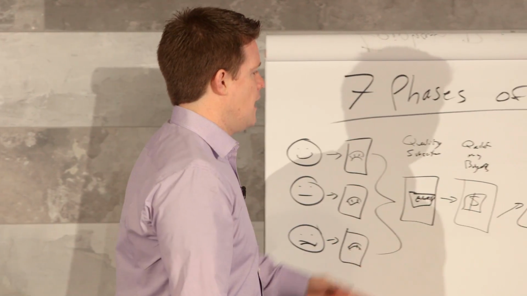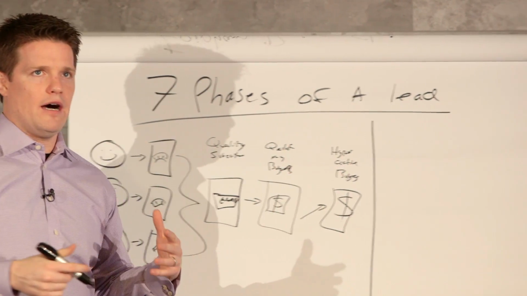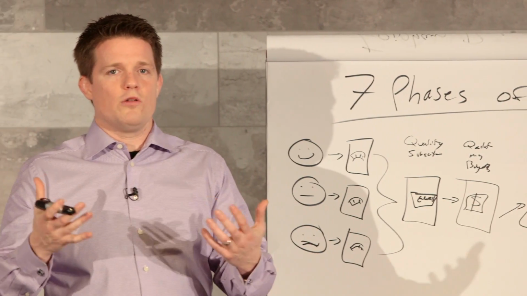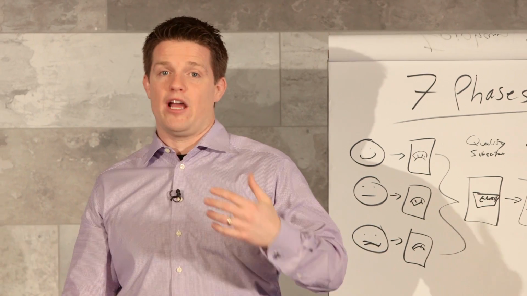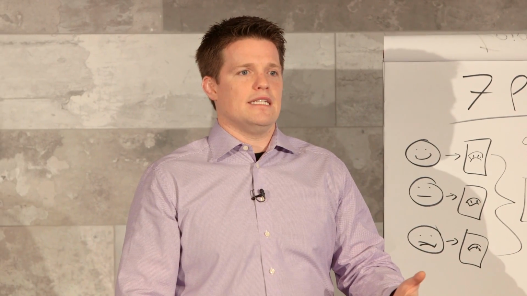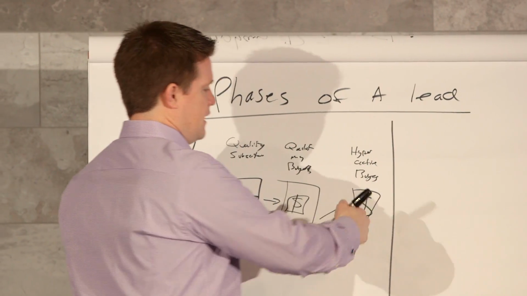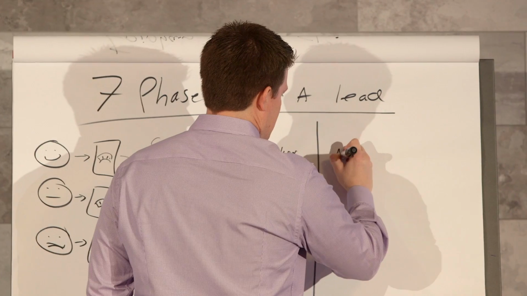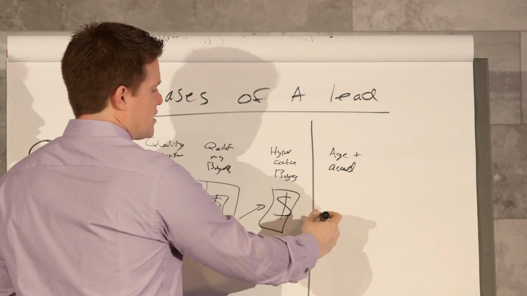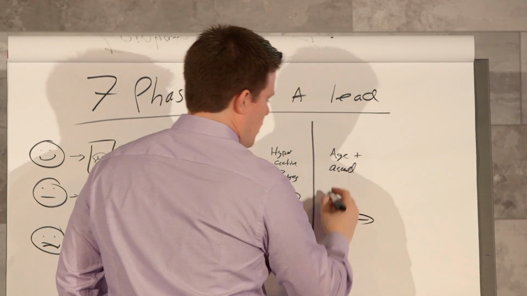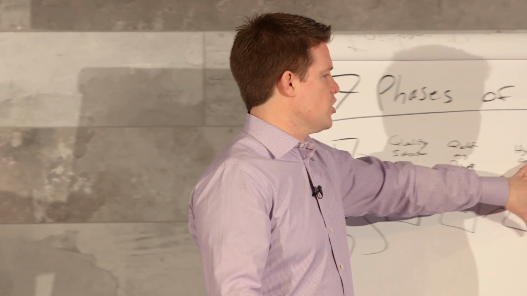The next thing I'm going to try to do here is, after I've got a buyer, the next most important thing is building and cultivating that relationship with the buyer, right? It's not that hard to get somebody to buy once, but getting someone to buy over and over again is a more important process. In this process, I'm going to call it aging and ascending the lead. So during this process, I'm taking them on a path where I'm sending them emails, I'm nurturing them, I'm maybe making them other offers. I'm just trying to build a good relationship.